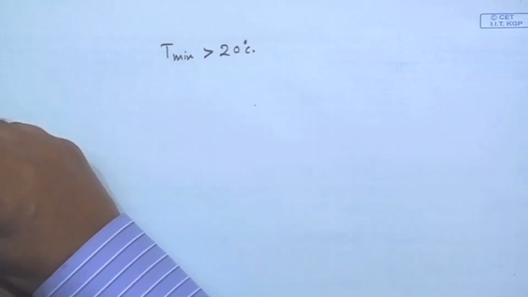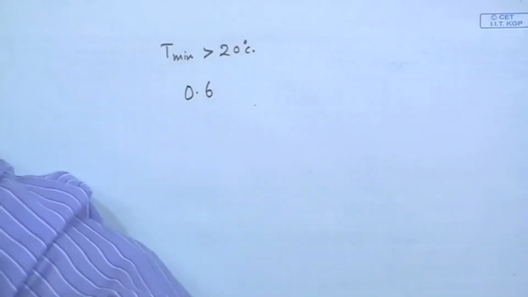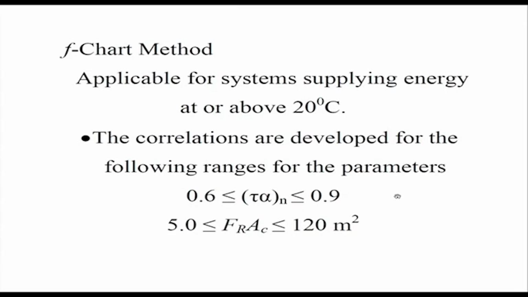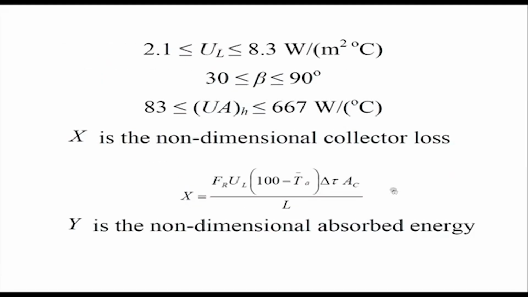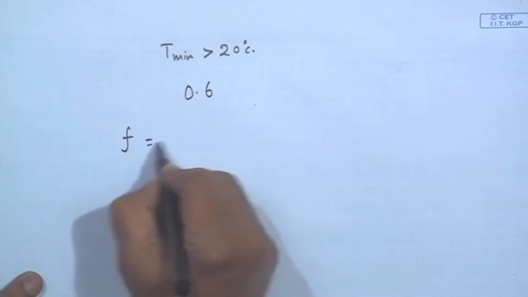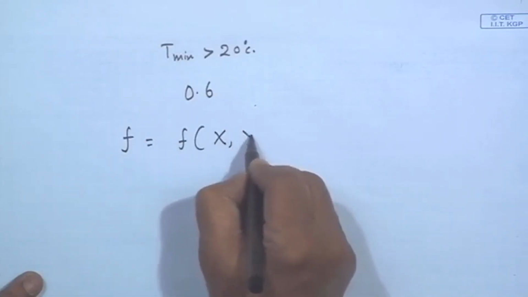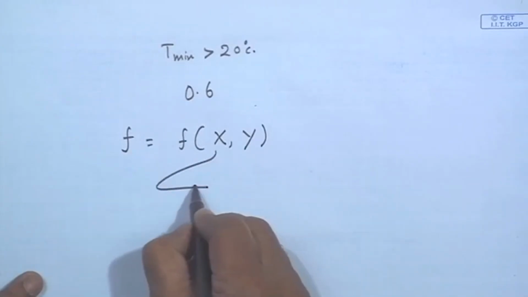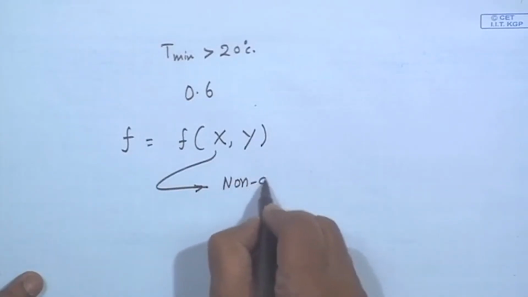So, if the supply of energy is above 20 degrees C, you can apply the F chart method, and the correlation has been developed for certain ranges of the parameters which have been listed over here, 0.6 to 0.9 for tau alpha normal, similarly area, overall loss coefficient, slope, and the building loss coefficient, which we have explained in the detailed lectures. So, this F has been correlated as a function of two non-dimensional parameters, one the non-dimensional collector loss